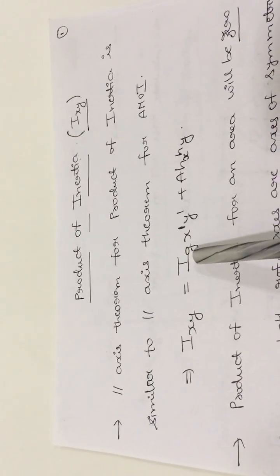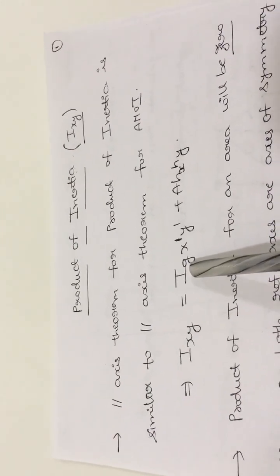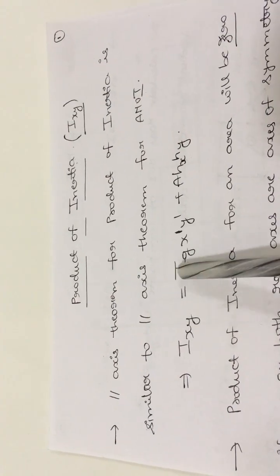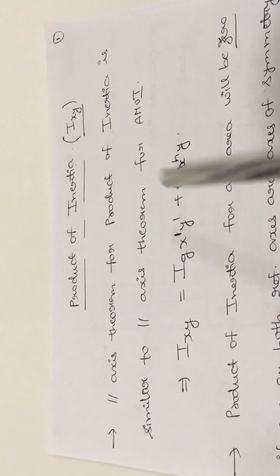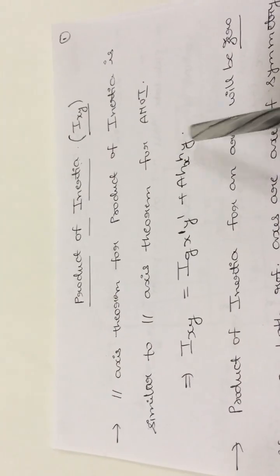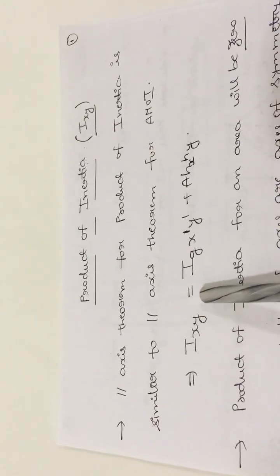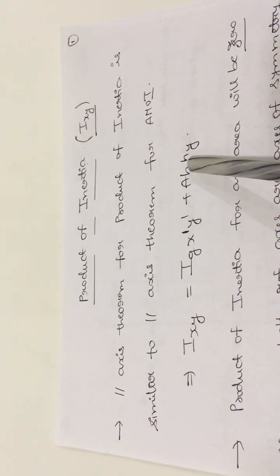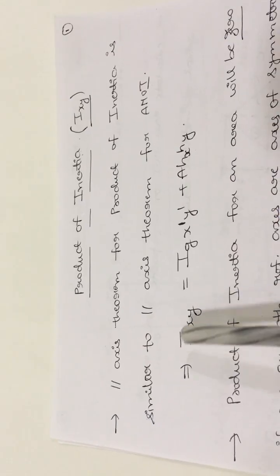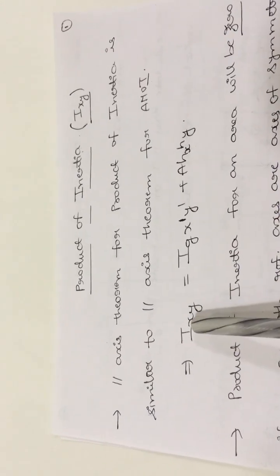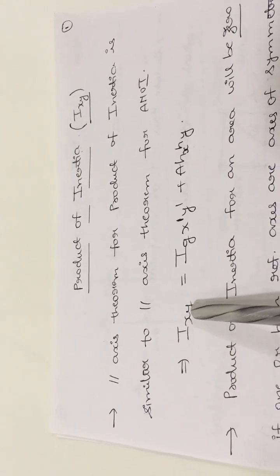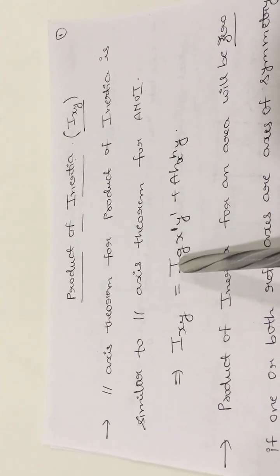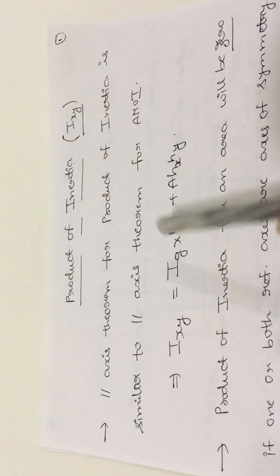The parallel axis theorem for the product of inertia is expressed as Ixy is equal to Ig x'y' plus A hx hy. Now here in the parallel axis theorem for the product of inertia we have three terms. First term is Ixy. Ixy is nothing but the product of inertia about x and y, and Ig x'y' is nothing but the product of inertia about its centroidal axis, and A is nothing but the area of the complete